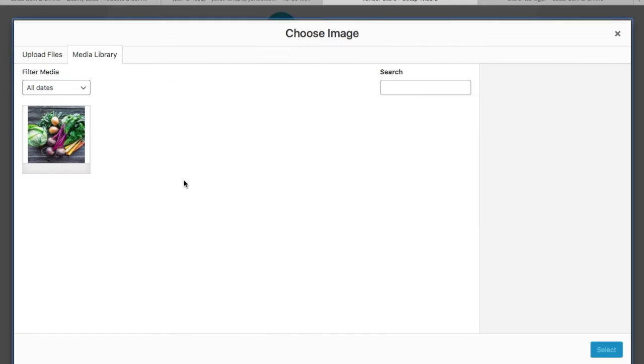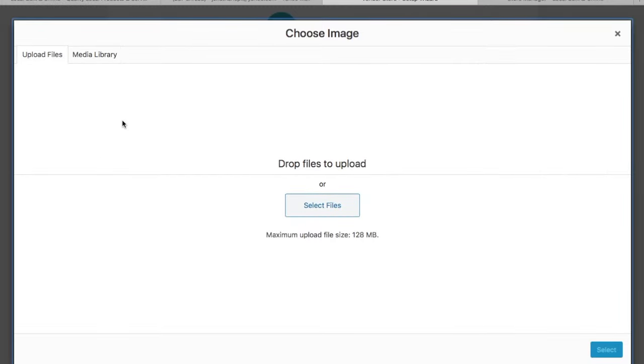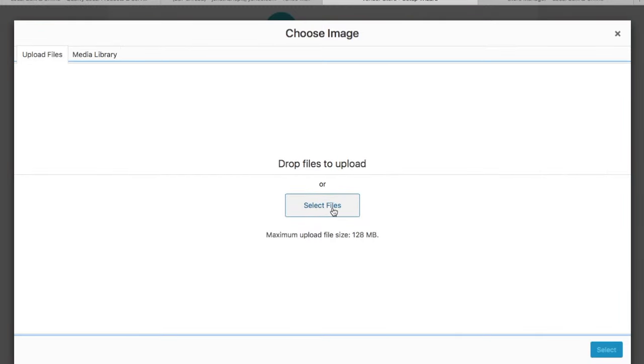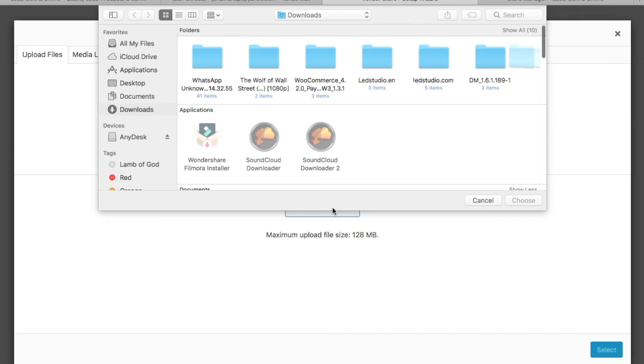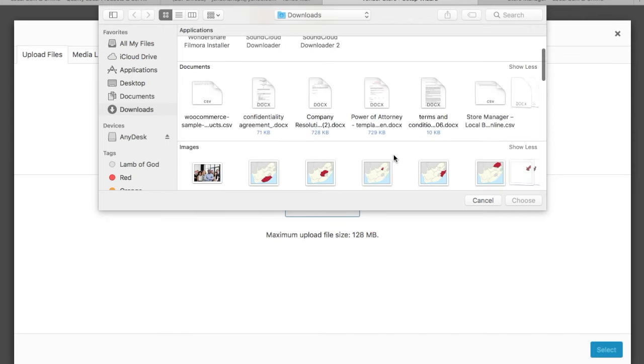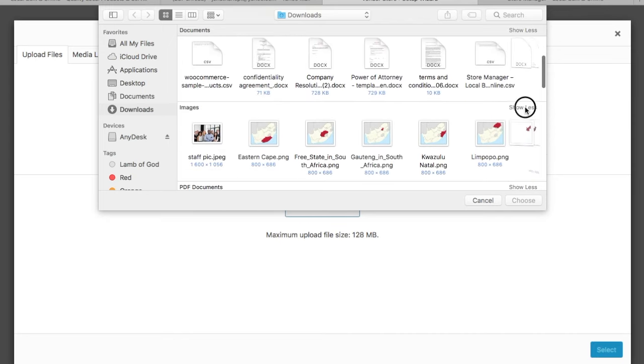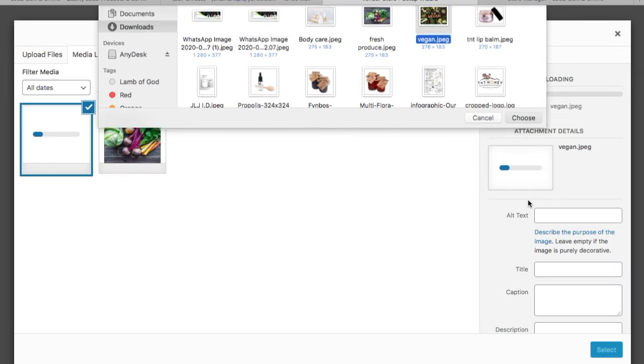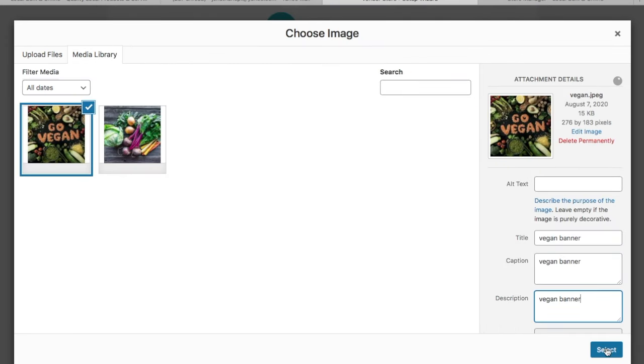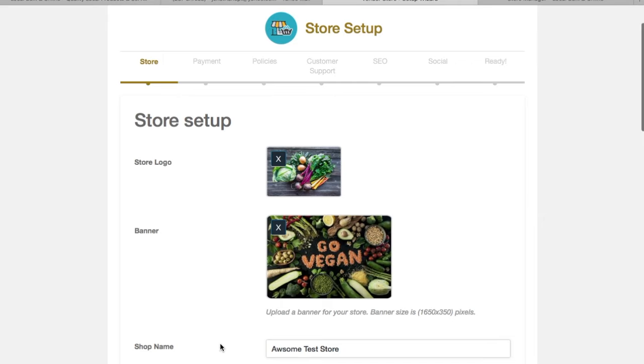do the same thing. See, now it opens up in the media library and it shows the existing media in the media bin. We're going to want to choose another one by clicking on upload, select files, because we are now choosing a banner which is similar to your Facebook banner. Shows the banner. So now the next thing that you see down here is the shop name, which I mentioned